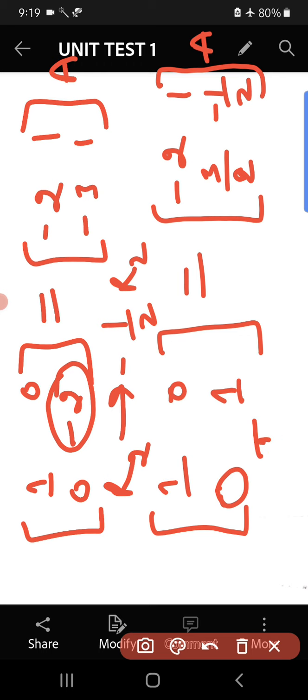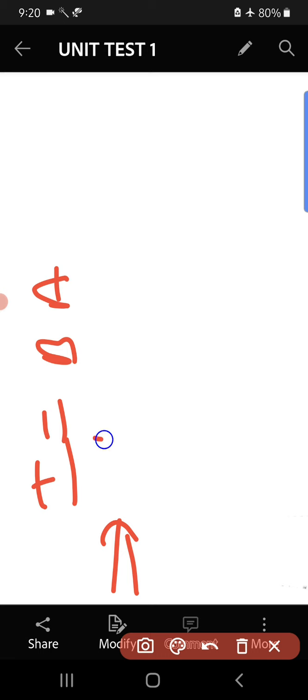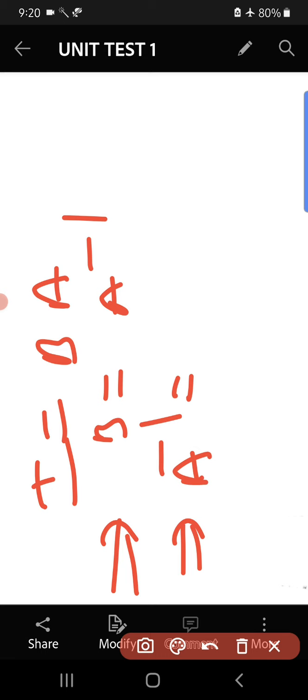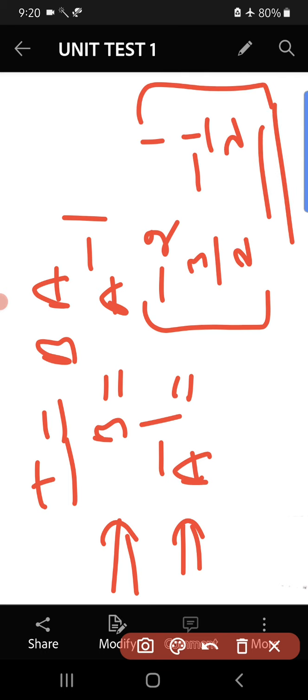Then it is looking like I is equal to, whatever I got, I call that B into A. So I is equal to BA. This implies B is the inverse of A. That is, A inverse is B: minus 2, 1, 3 by 2, minus half. This is the inverse of the given matrix.